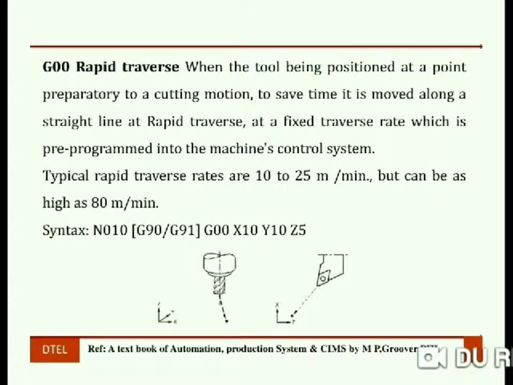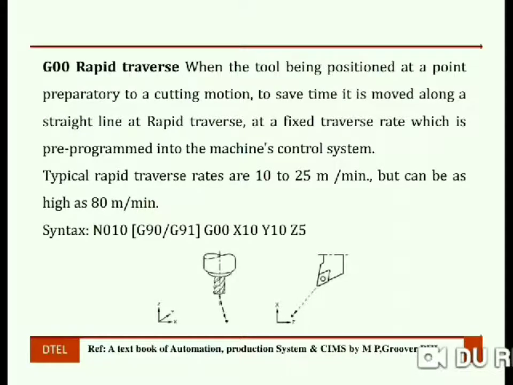Now, what are the various codes and their functions? The first one is G00, that is rapid travel. We use this code to bring the tool to a position, at a point preparatory to cutting motion.